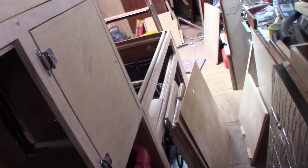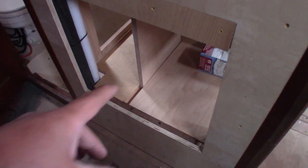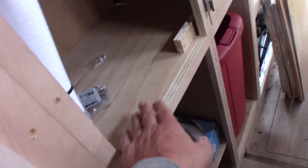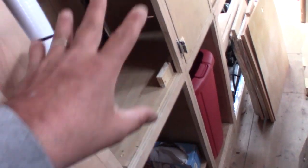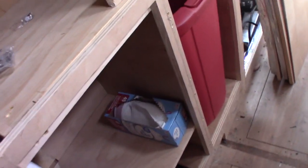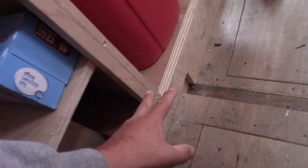So we got the drawers over there, engine access, pantry. Here is the water heater access hatch. By the way, all these shelves and walls are removable. This is what took me so long to build this. It was so complicated. By the way, also down in here, all of these hatches, all the bottoms come out